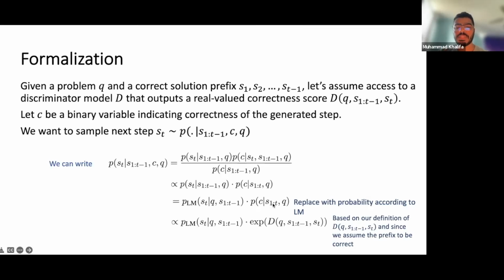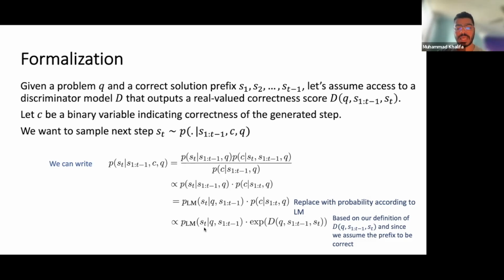Then we know that the probability of being correct is proportional to the exponential of d of question, prefix, and current step, because based on our definition of the score, it measures the correctness of the step ST. And since we know that the prefix is correct, the correctness of the whole solution will just depend on the correctness of ST. So basically, the probability of the next step, given the prefix, given being correct, and given the question,